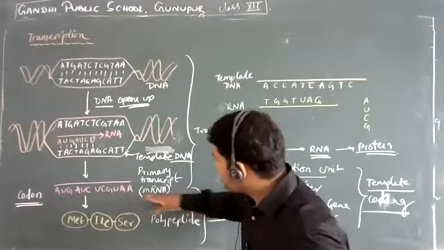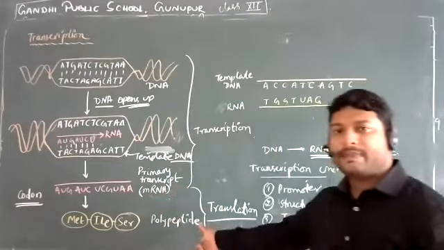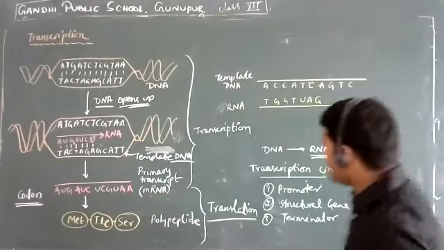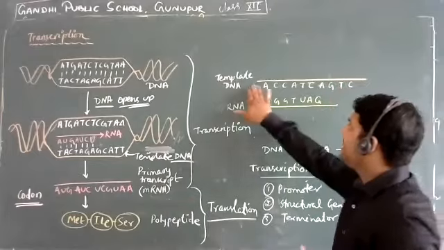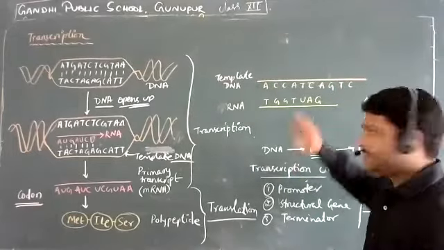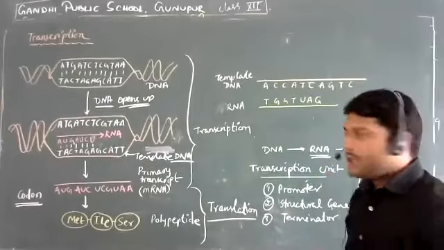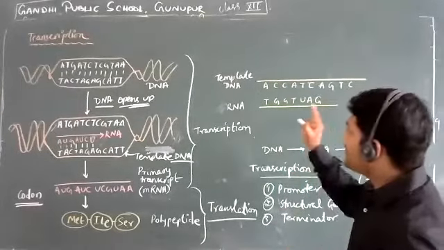So the sequence of the mRNA is extremely important for what kind of polypeptide is going to be formed. Now if we come to this side, I'm going to have a DNA strand on top. This one is my DNA strand. I'm going to ask you all a question: what will be the orientation of the template DNA?